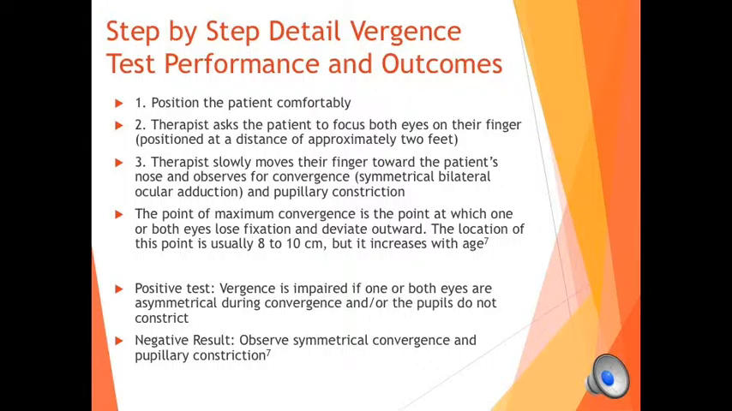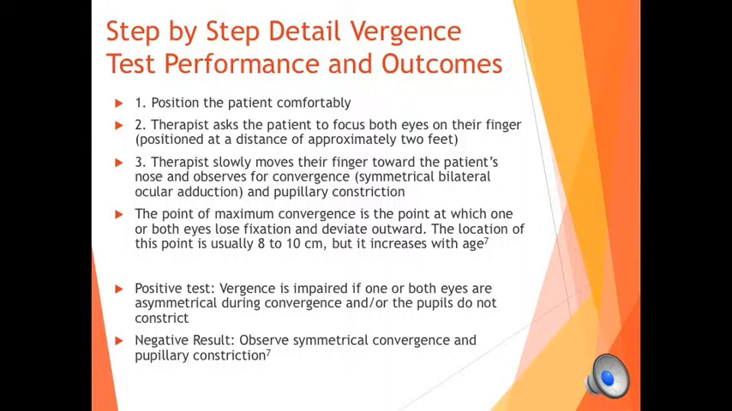Step-by-step detail, vergence testing, performance, and outcomes. First, position the patient comfortably. Next, the therapist asks the patient to focus both eyes on their finger, positioned at a distance of approximately 2 feet. The therapist then slowly moves their finger towards the patient's nose and observes for convergence, symmetrical bilateral ocular adduction,